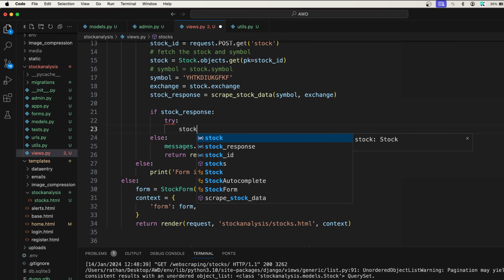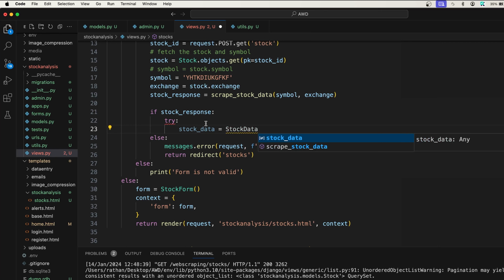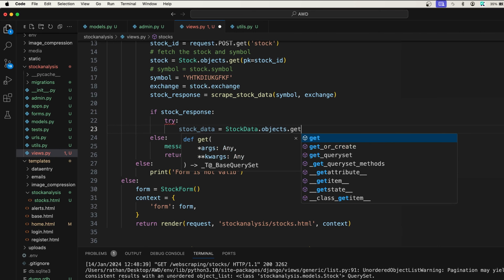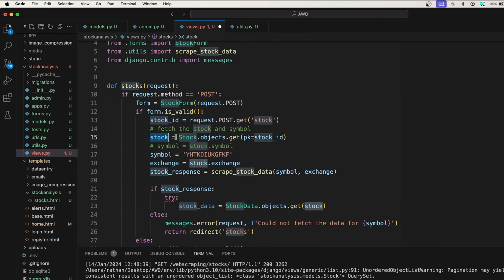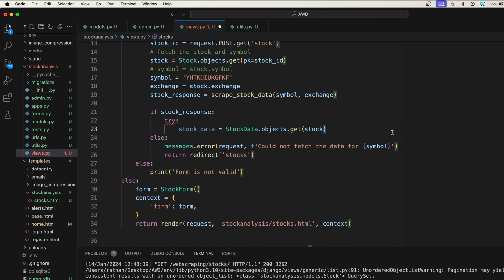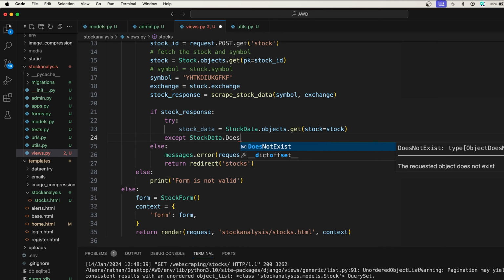So I'll say stock_data is equal to StockData. I need to import it. It comes from .models import StockData. Make sure you import that. StockData.objects.get, and get it by the stock, I mean this stock object. We'll say stock is equal to stock. Now we got the data, and in the except block, if there is no stock in the database, then we'll say except StockData.DoesNotExist,